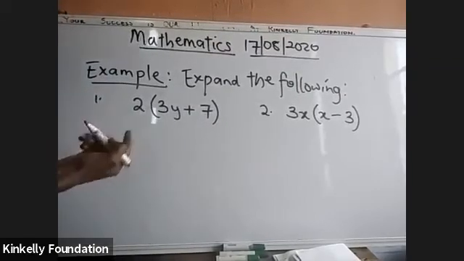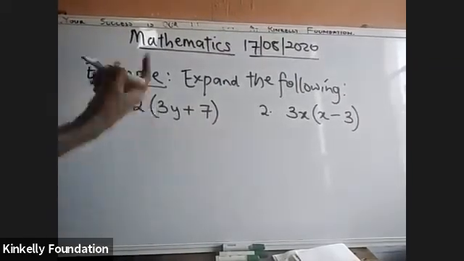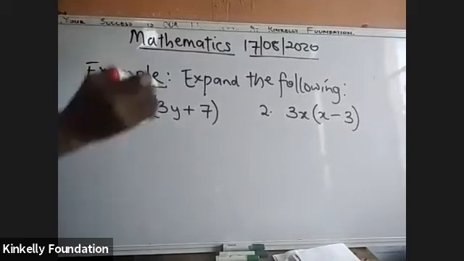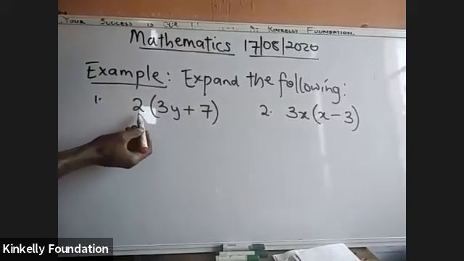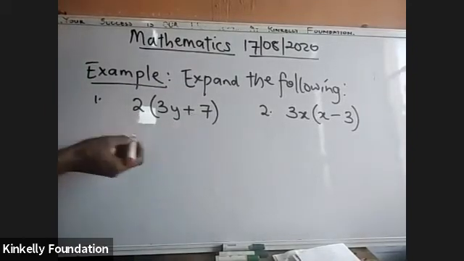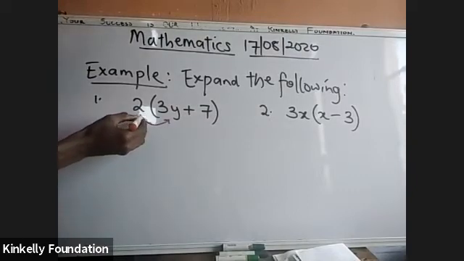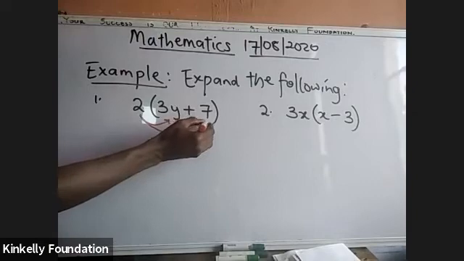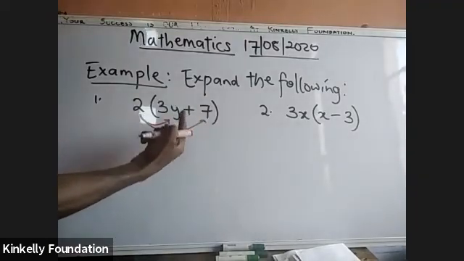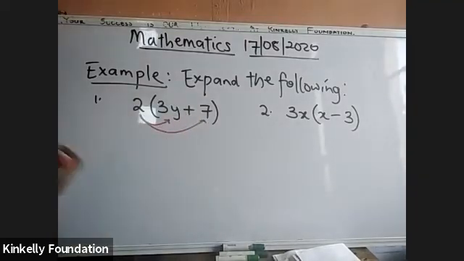Now, given these questions on the board to expand. As we said before, the item outside multiplies everything inside. It means that this 2 will multiply this one, and the 2 will also multiply 7. Why will this sign be in the center? What does it mean? It means